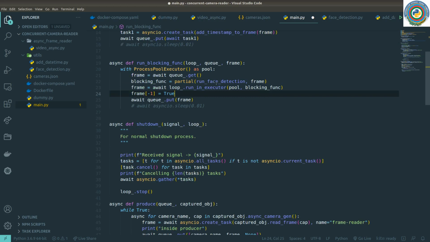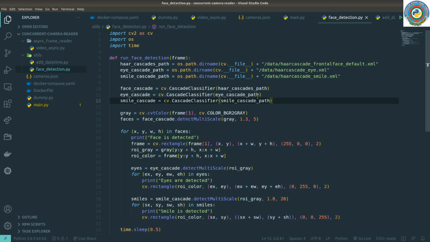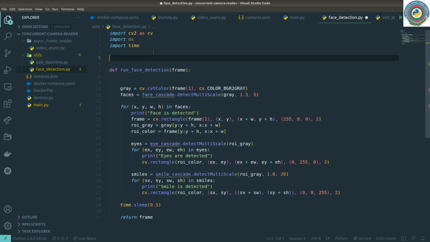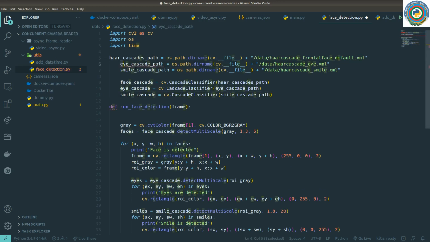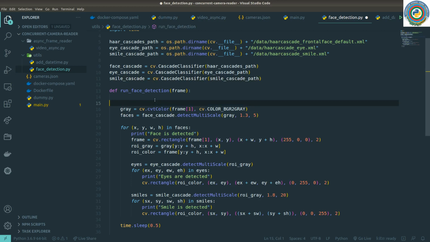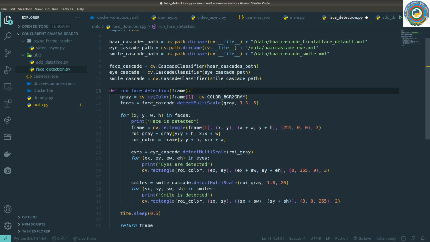If we are here, let's make changes to the run face detection code as well. So first of all, I indicated that this thing consumes a lot of time, so I would like to make them global. Let's fix these indentation issues. Nice. So what we have here,